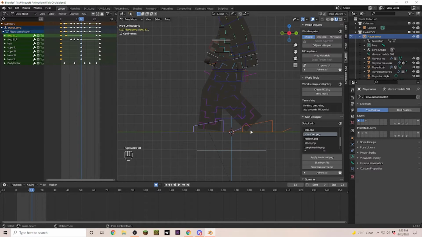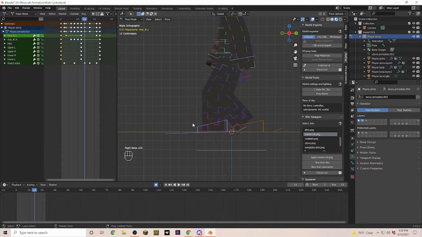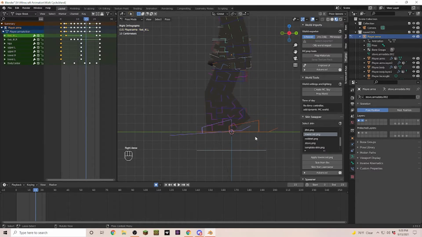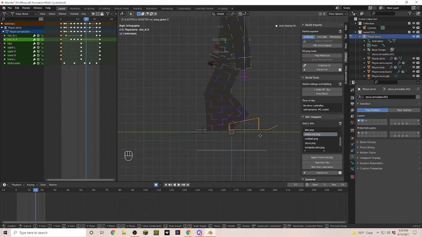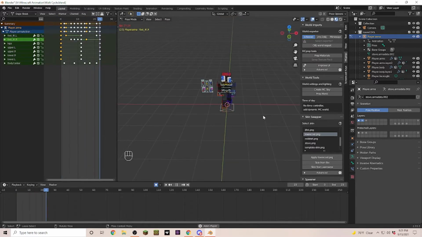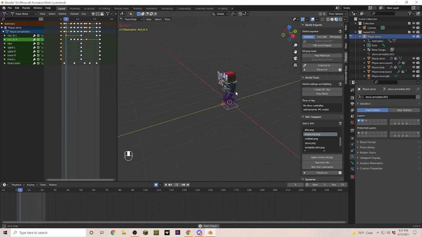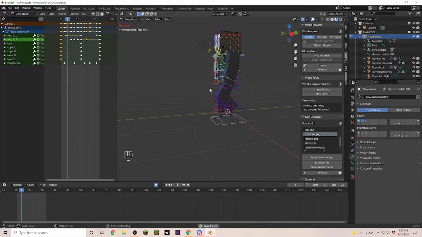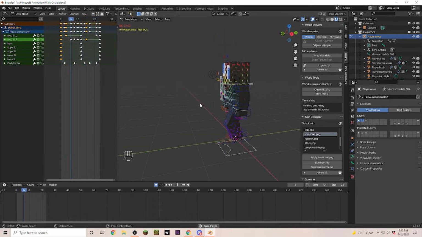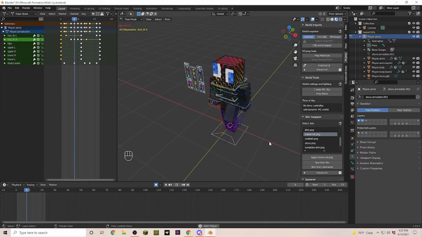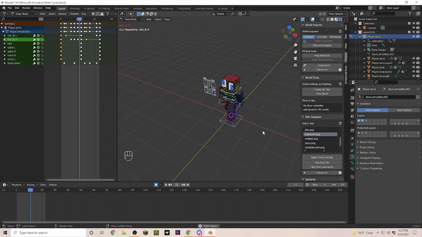So here again, 12 is our contact. 2 more is putting the weight to the front, and 1 more. And we just move this up a little bit here. And here it's also important to say that every rig works a little bit different. Every rig has some different kinks. So sometimes you just have to play around with it a little bit and find out what works and what